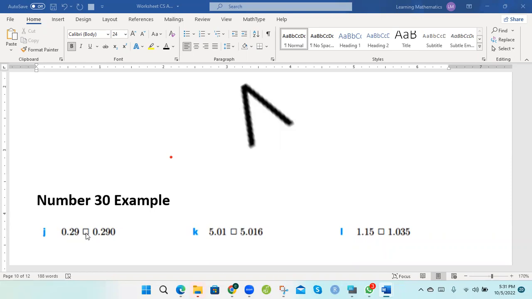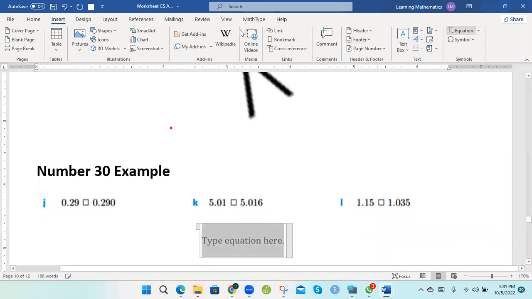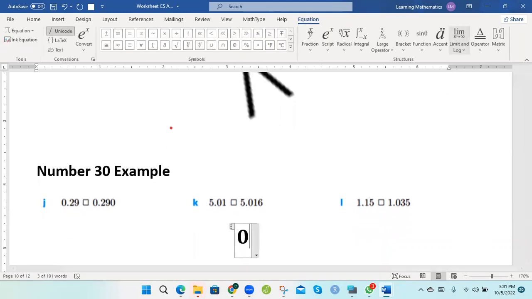So we're going to place between those two numbers the appropriate direction of the inequality sign, bearing in mind it always points to the smaller value, and the bigger value will be in the opening, the greater than part. So we have 0.29, and we have an opening, and we have